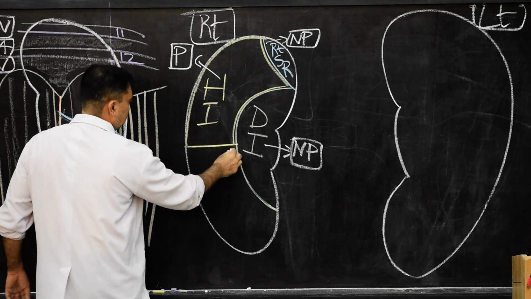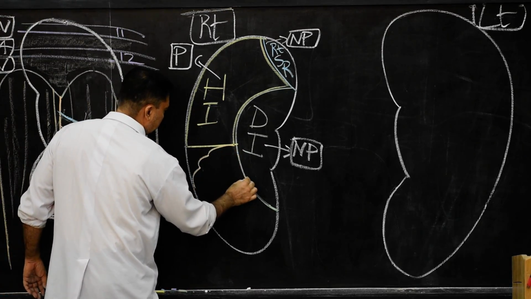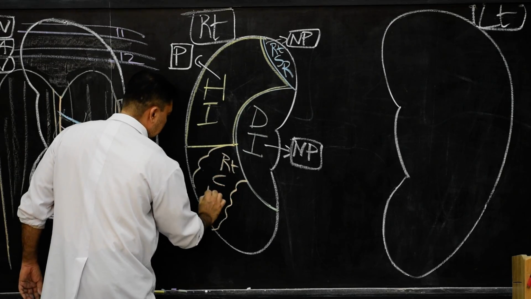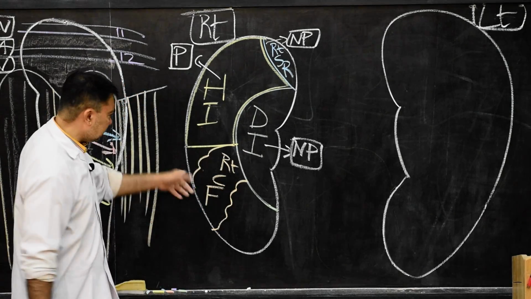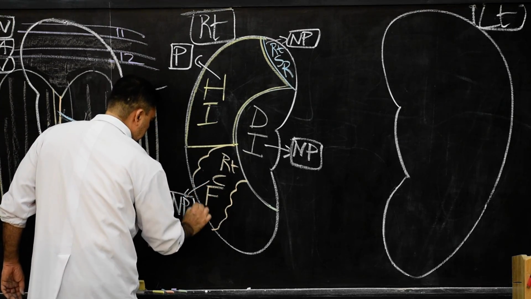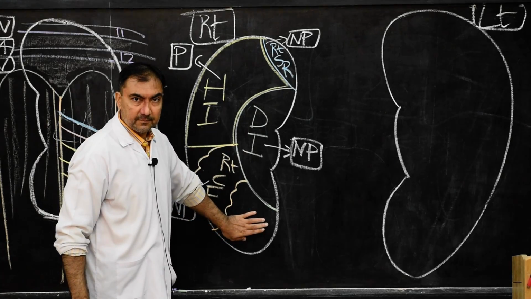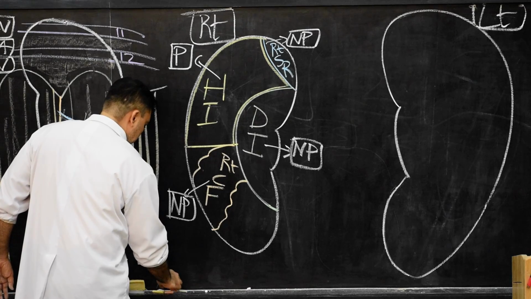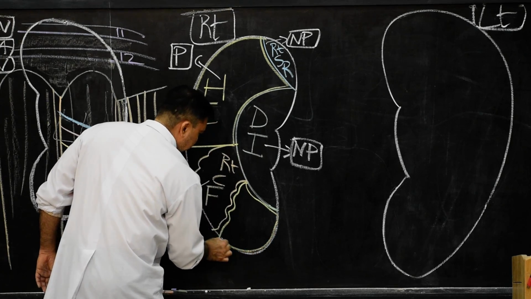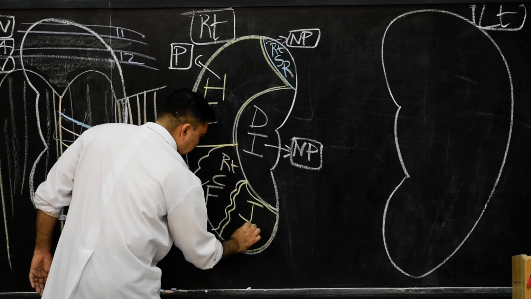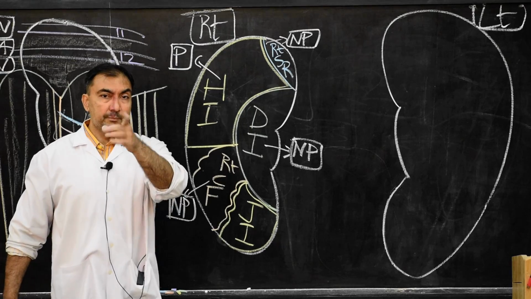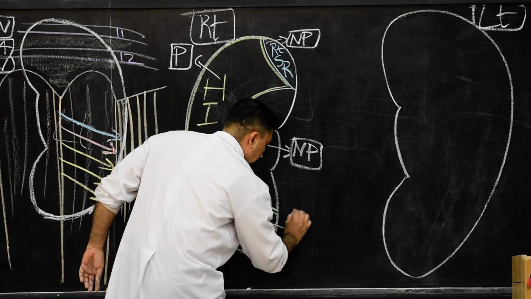So it is covered by the impression of the right colic flexure, and here we show this is the impression of the right colic flexure. And this right colic flexure impression is non-peritoneal. And now the last space which is left here, I will show this impression, which is present as the jejunal impression. So this is the jejunal impression. Coils of jejunum are related to this space, and it is totally peritoneal impression.